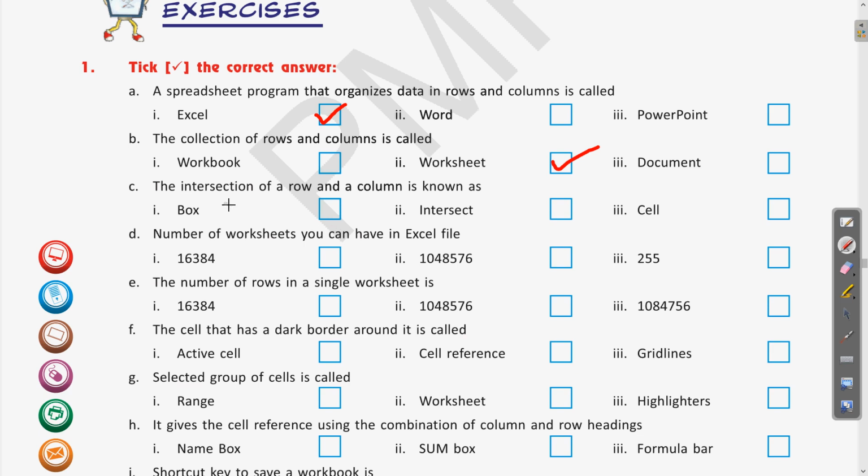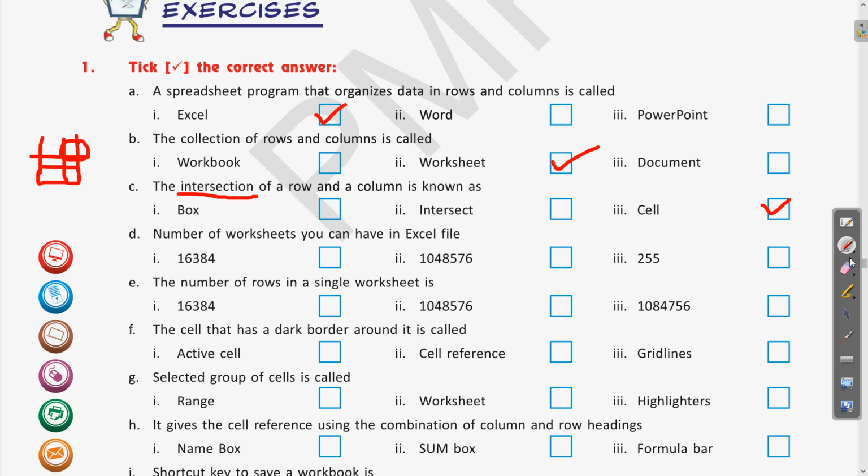Next: the intersection of rows and columns is known as. What is the intersection of rows and columns in a worksheet? That is called a cell. Clear? We have seen that whenever we make different rows and columns and they intersect, that single area is called a cell.